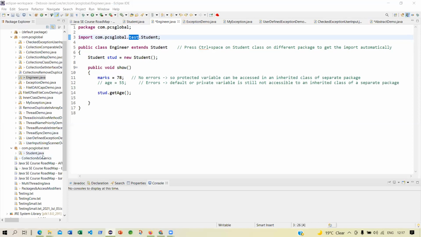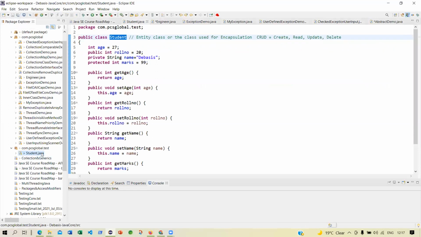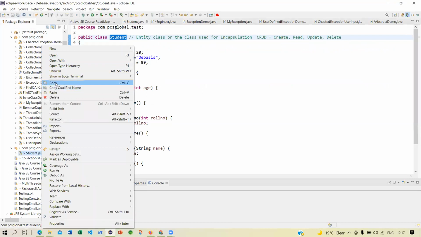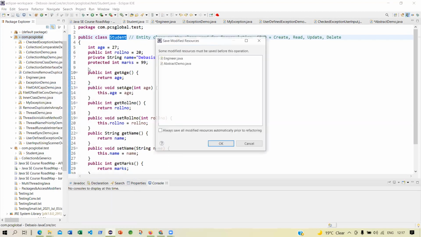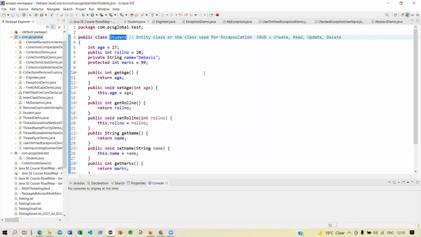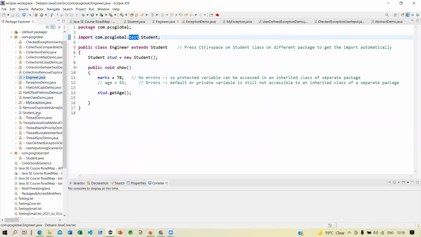If I copy this and paste it in com.pcsglobal where engineer is, I now have the engineer.java as well as student.java. So they are both in the same package.